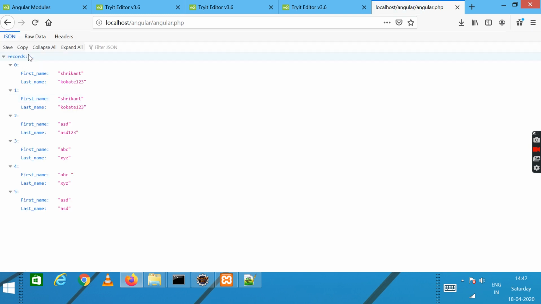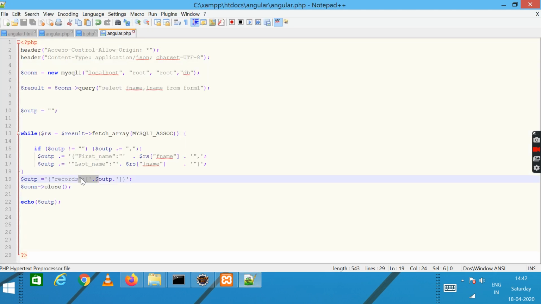See here. So this is the records which we have written here, records, and then output.